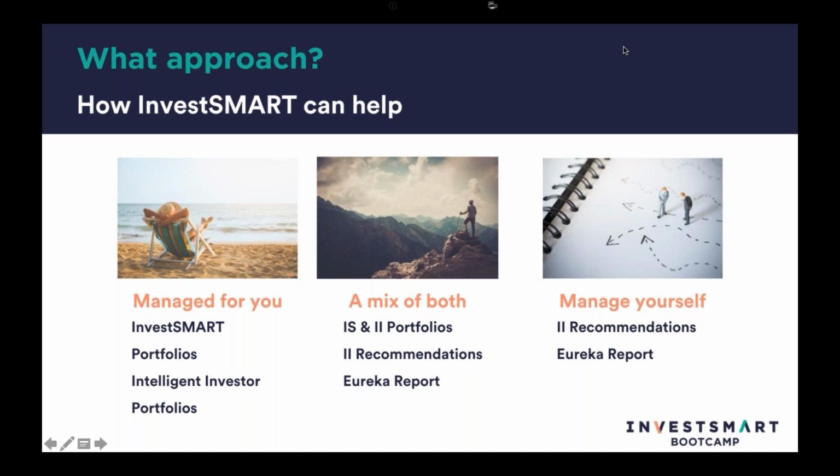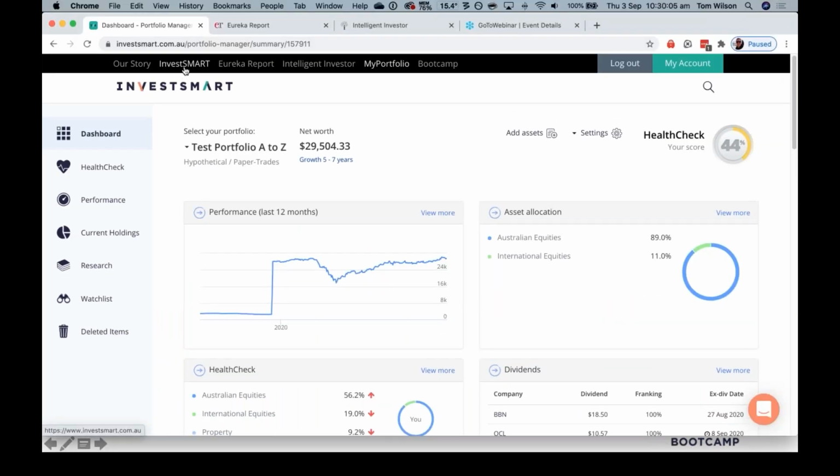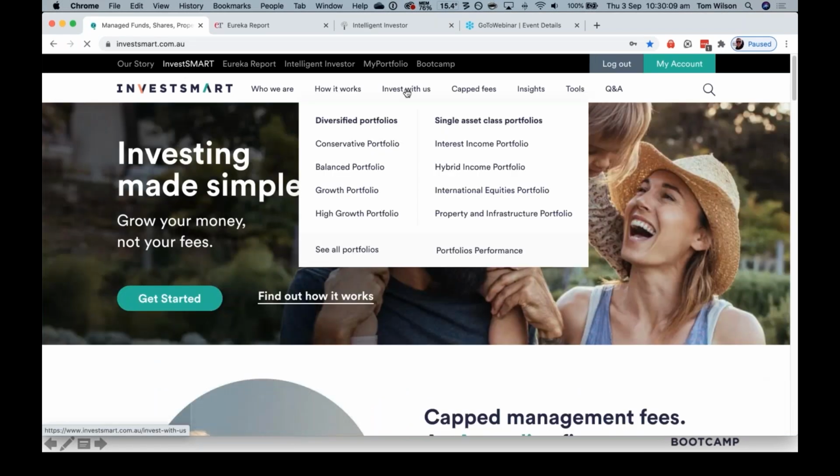Now, InvestSMART has its own managed portfolios, which are diversified, and they also have capped fees. So they're going to keep the costs down for you. I'll quickly show you where they live on the website so you can do your own research, but it's on the InvestSMART website here. And if I go to invest with us,